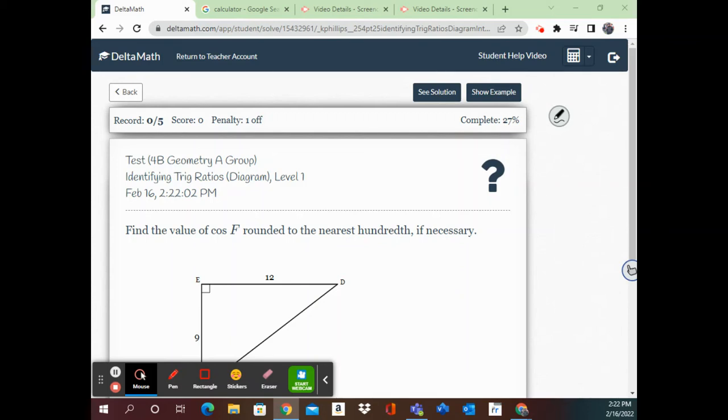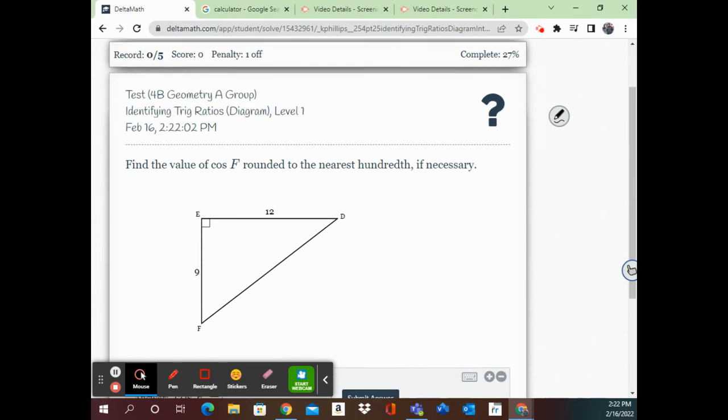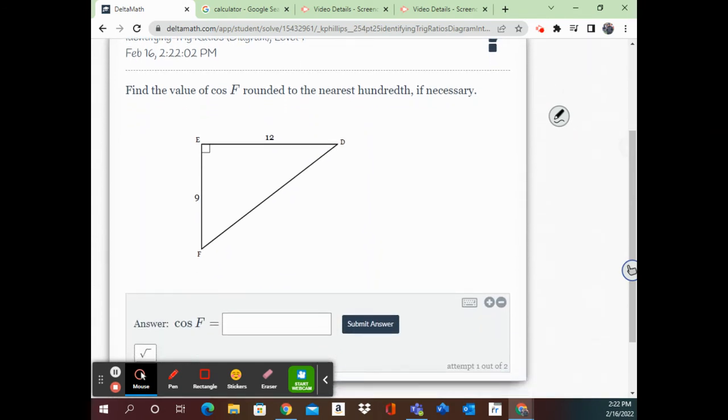All right, now what we want to do is go through a couple examples, a couple sample problems on how to identify trig ratios. And again, the question is going to clearly set us up and tell us exactly what we're looking for, but we need to understand the ratios as well. And so, the ratios we need to pay attention to, or the words we need to pay attention to, is